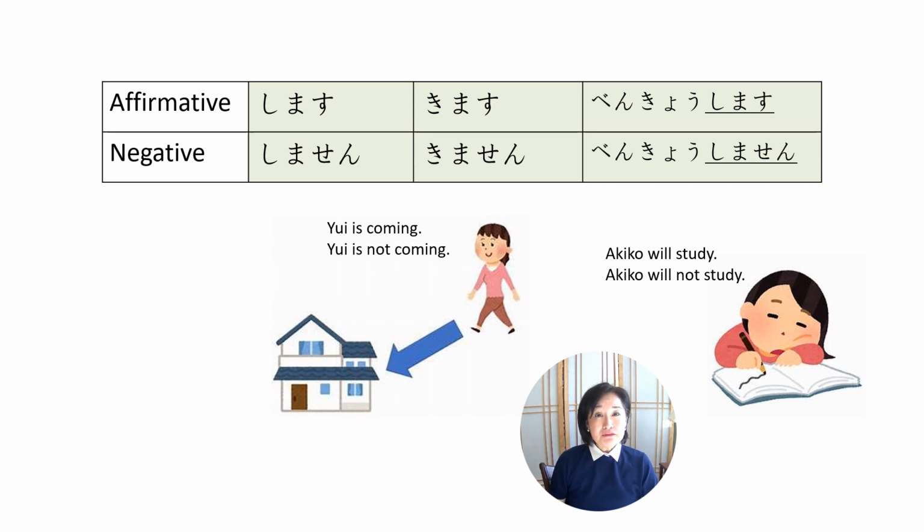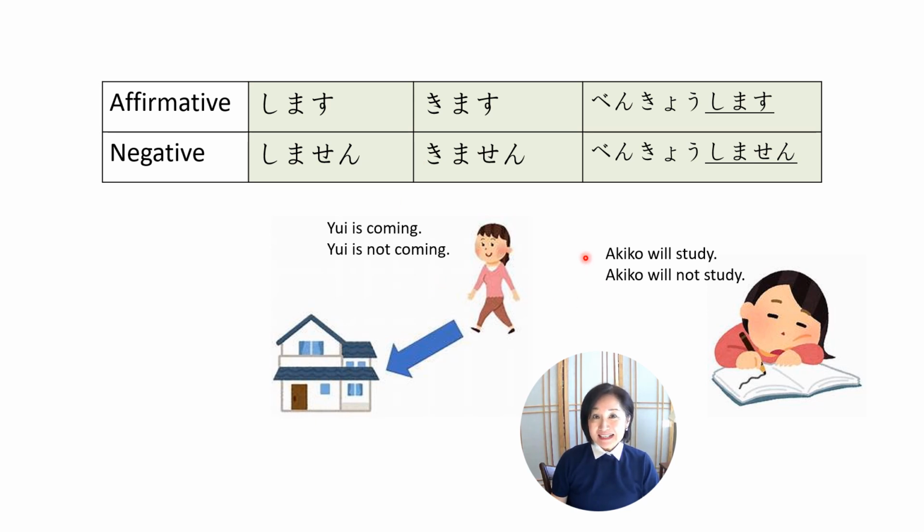Once you know polite forms, then you can create sentences. So let's make some Japanese sentences. Yui is coming. How do you say that? Yui-san wa kimasu. And if Yui is not coming, then how do you say that? Yui-san wa kimasen. いいですね。